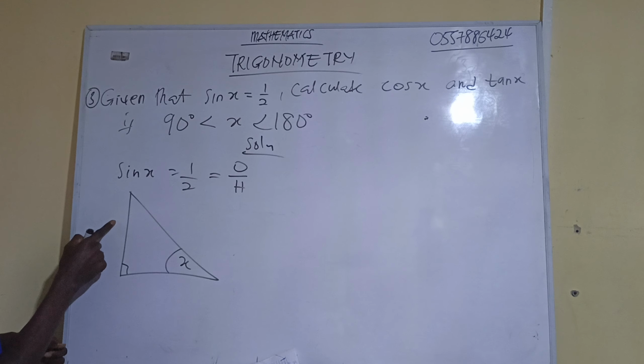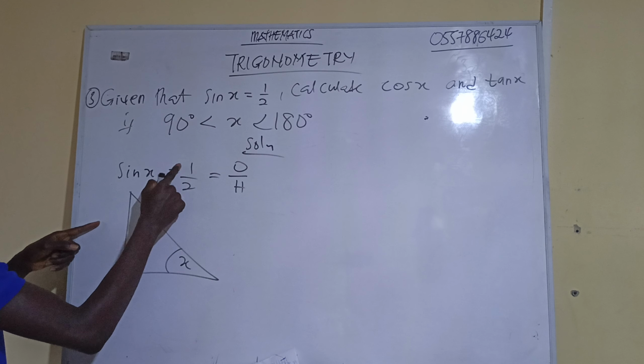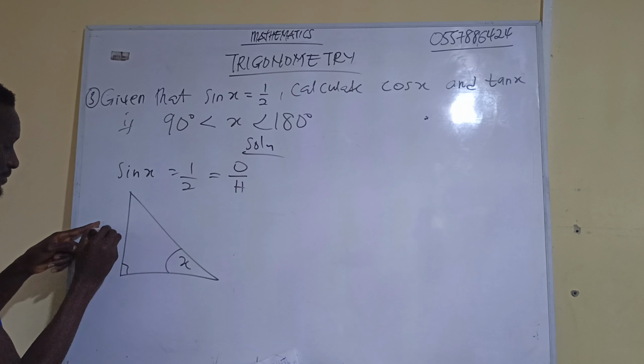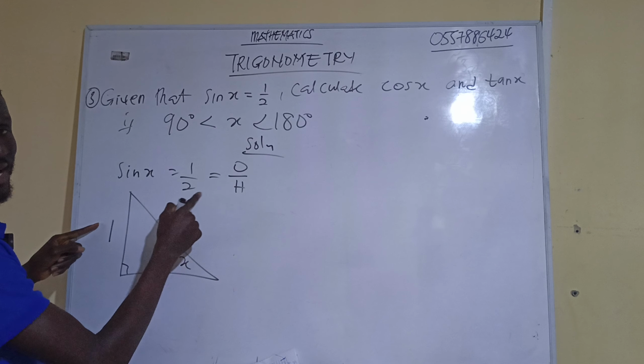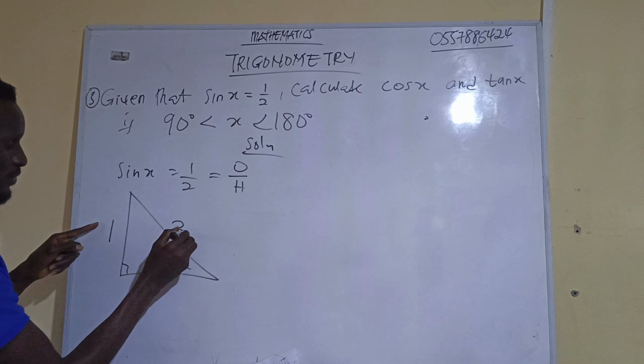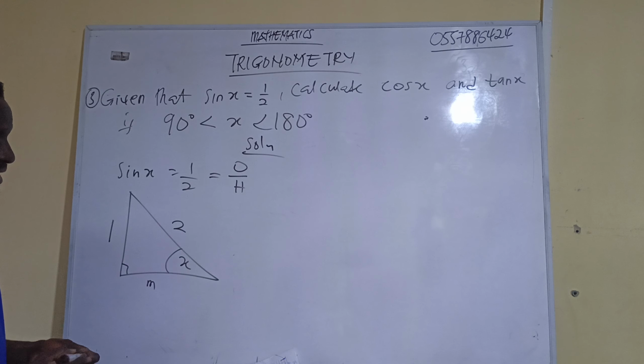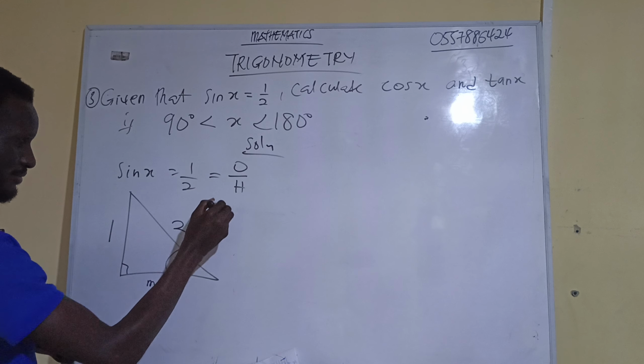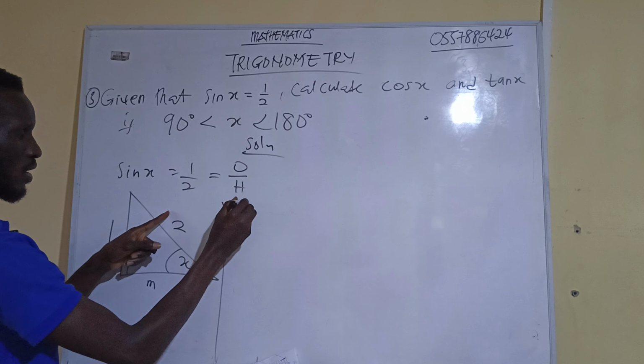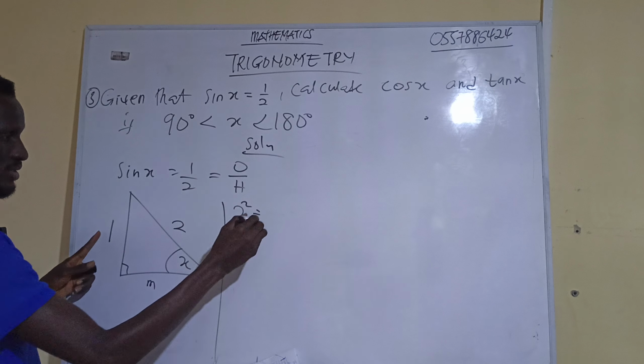Now this angle is opposite to this side. The opposite is 1. The numerator is the opposite, it is 1. And then the denominator is the hypotenuse, which is 2. Now we need to solve for the adjacent. Don't forget that the hypotenuse squared is equal to what? Opposite squared